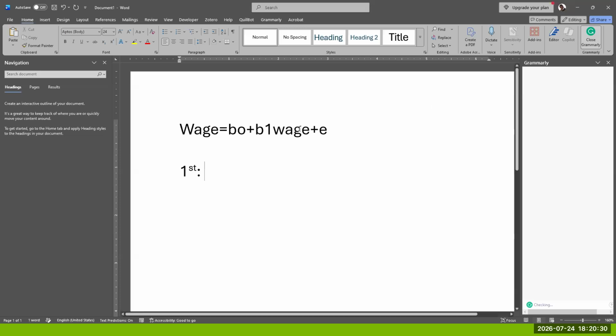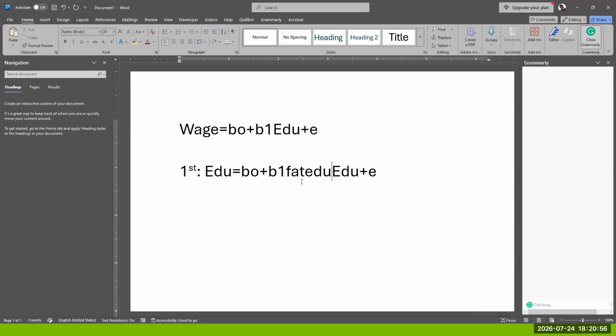Now you make wage the dependent variable. So this should have been education, right? And no one told me. So let me copy this, put that here. In your first stage, you make education the dependent variable. Now you introduce father's education here. So this is your first stage where you estimate the influence of, let's make this one alpha,